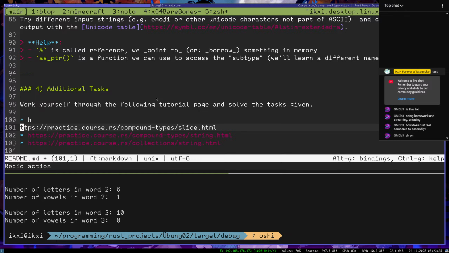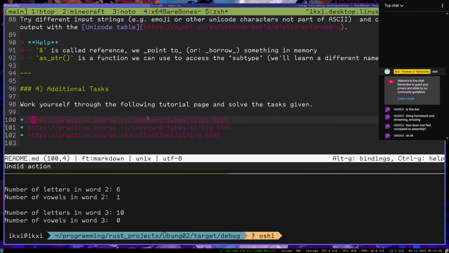And how do I, can I just like, no. Wait, what? Like this it doesn't work, but when I do this it works, when I go into tmux scroll mode. A slice is similar to arrays, but the length is not known at compile time, so you can't use a slice directly.